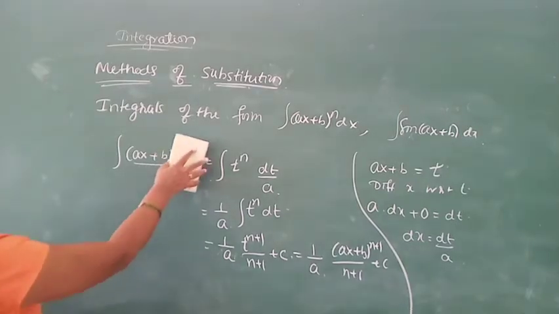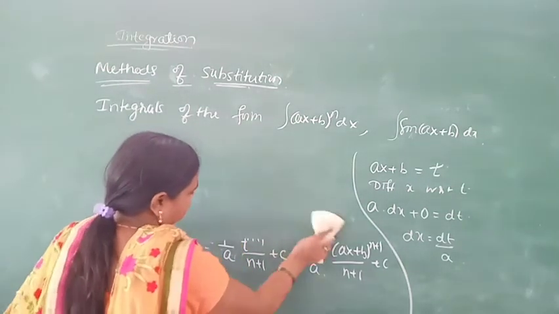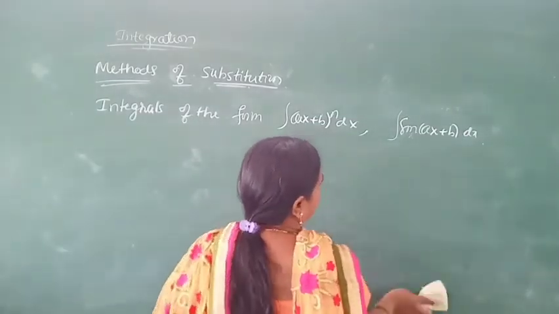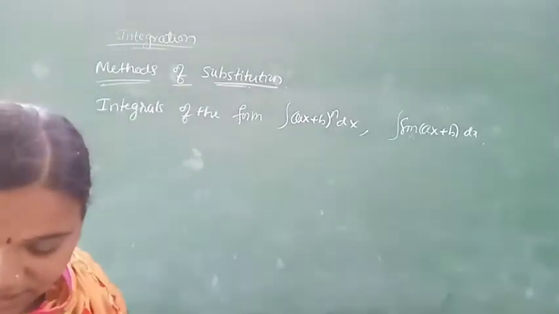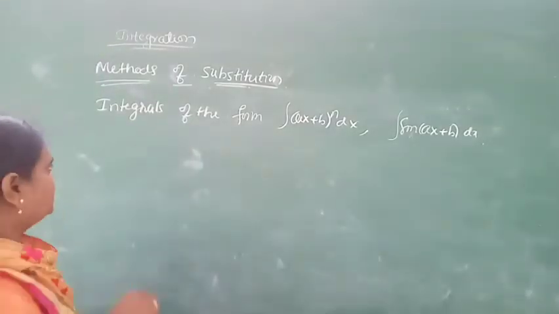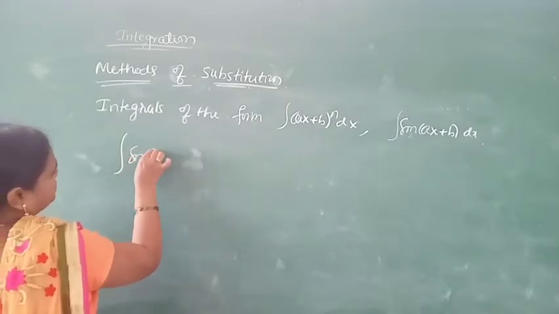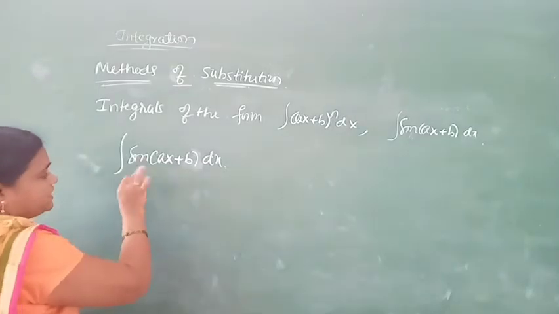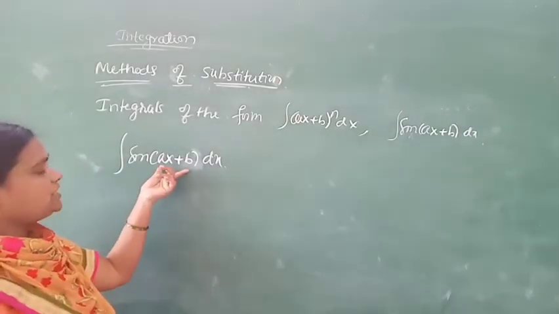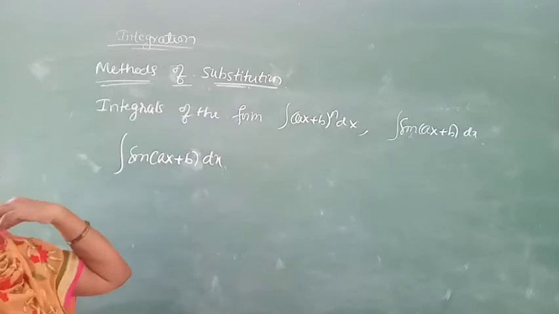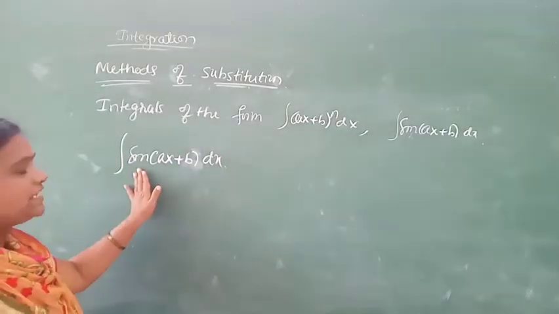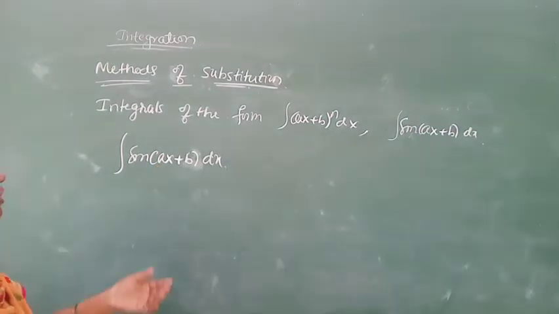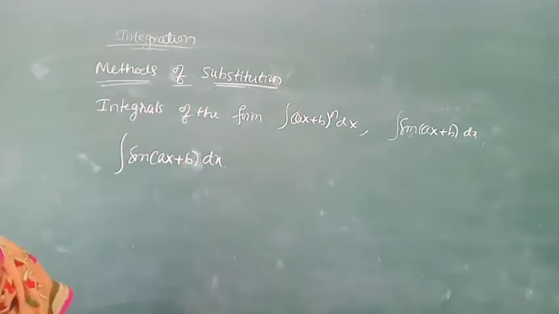Next, after doing this one, now we will take another one. That is integration of sine of ax plus b. Correct. Integration of sine of ax plus b. Just concentrate. Sine integration we know. But this angle is in the form of a variable. Means we again get a function of function, and this one we can't integrate directly. Therefore, we are taking the substitution.